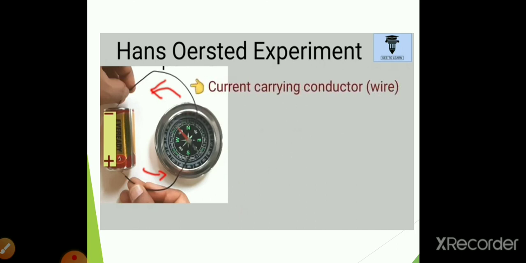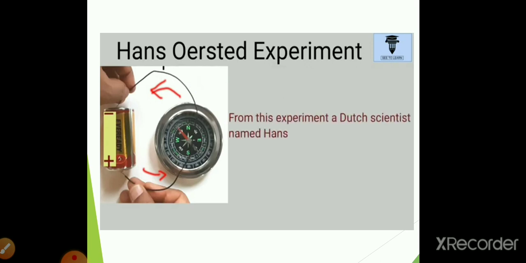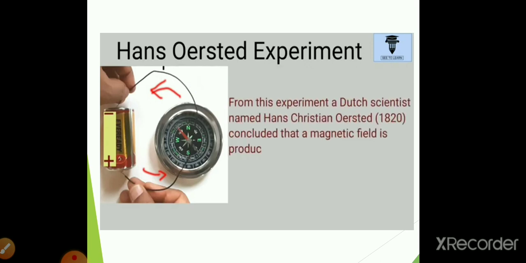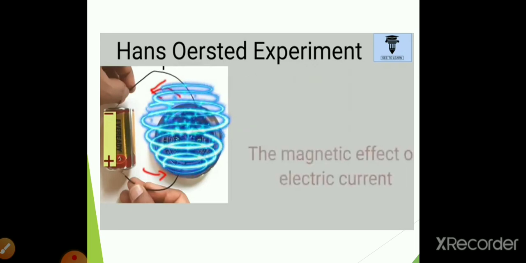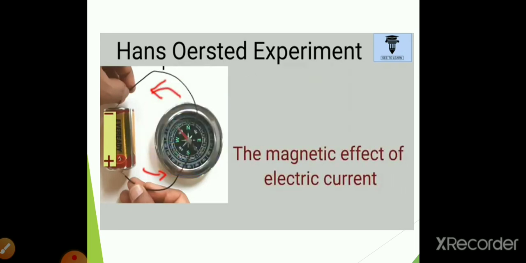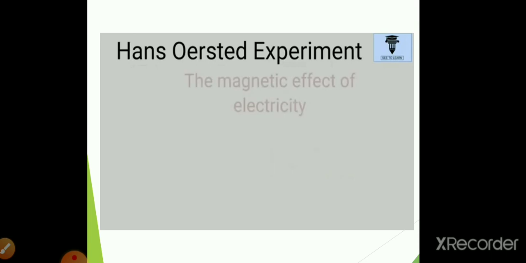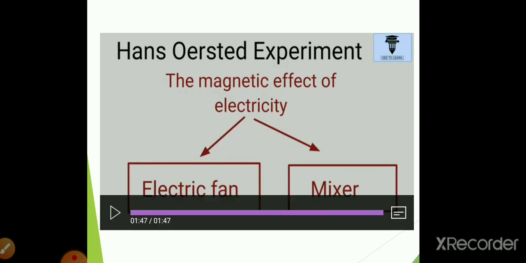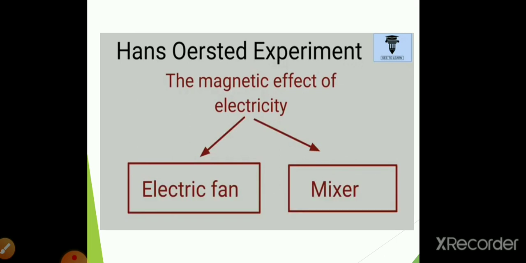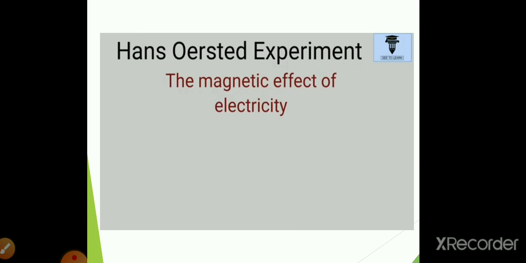From this experiment, a Dutch scientist named Hans Christian Ørsted concluded that a magnetic field is produced around a current-carrying conductor. This is called the magnetic effect of electric current. This effect of electricity is used in many appliances like electric fans, mixers, etc. Okay, hope you have understood about the Ørsted experiment, that how the magnetic effect of electric current is produced by the